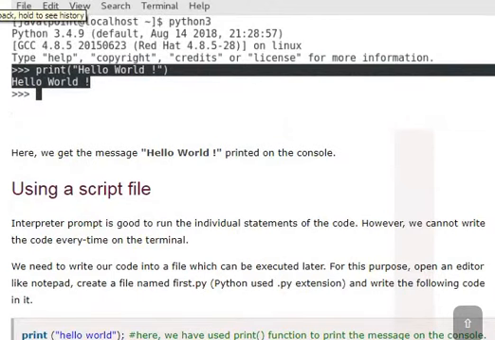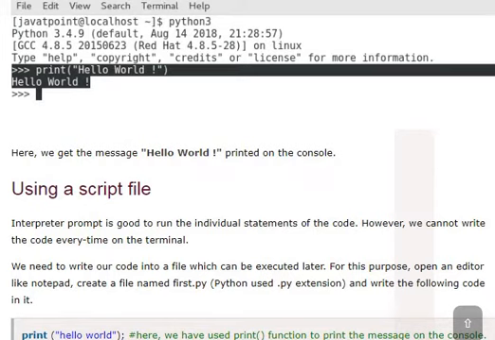Look at the statement: print within double quotations hello world. You get the output there itself. We don't use anything like semicolons or other notations in Python. Just a simple thing, print within double quotations hello world, and you get the output on the screen there itself, and it will be printed on the console.